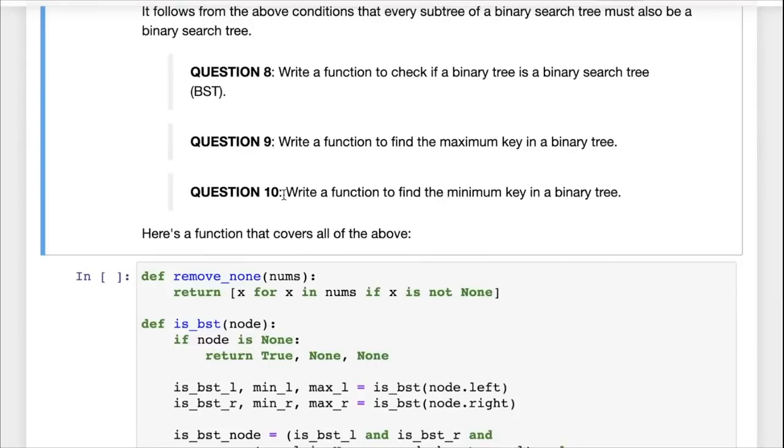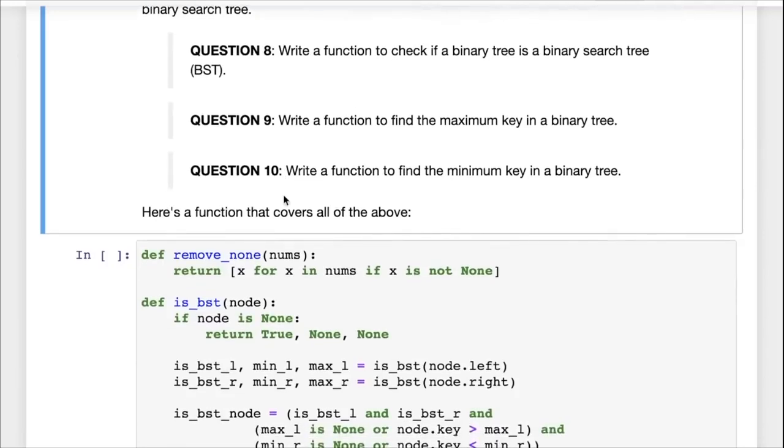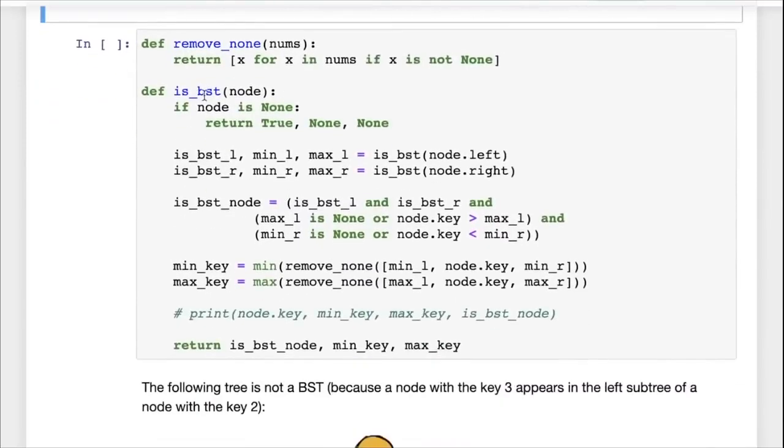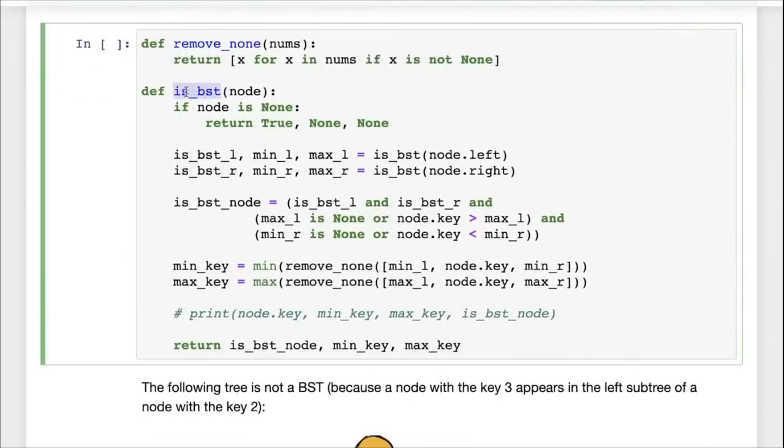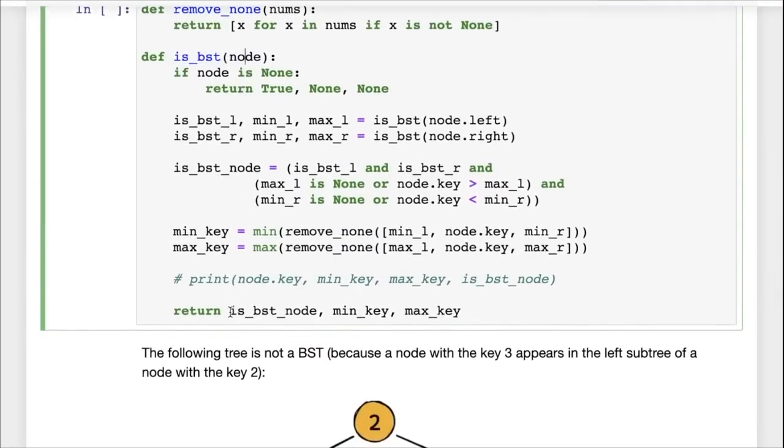And here's another question that you might face. Write a function to find the minimum key in a binary tree. So what we will do is we'll answer all of these questions together with a single function called isBST. isBST takes a node, and then isBST returns three things. If you look at the return value, it returns whether the node and the tree under that node is